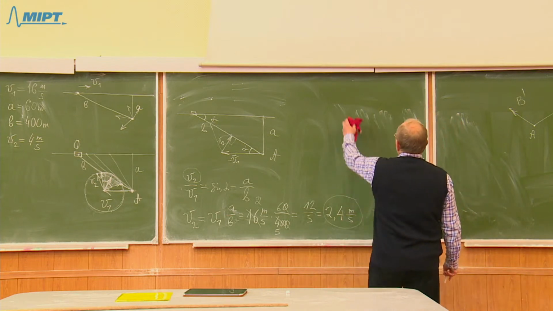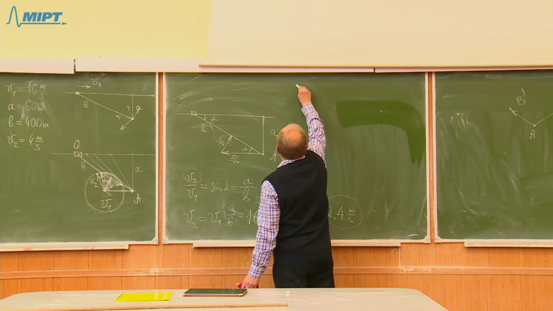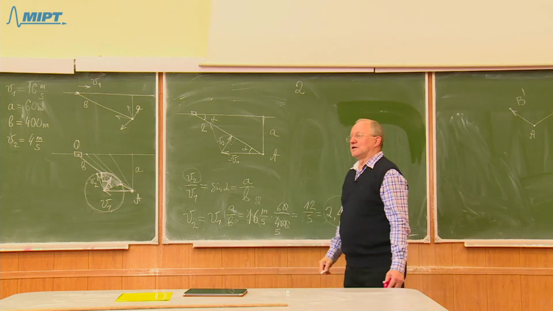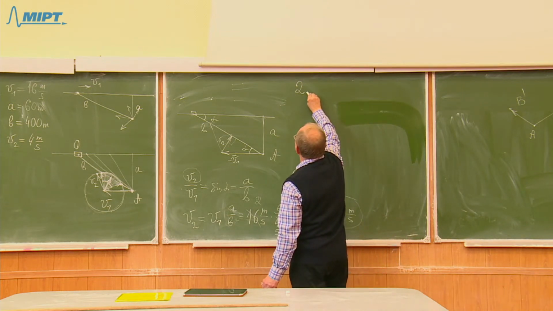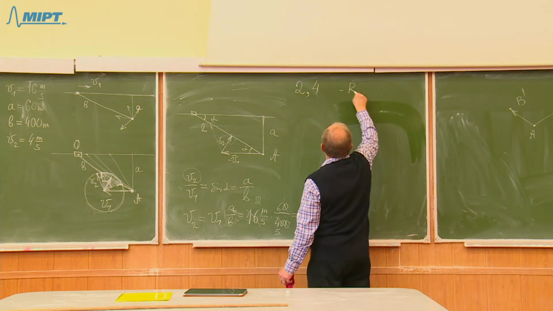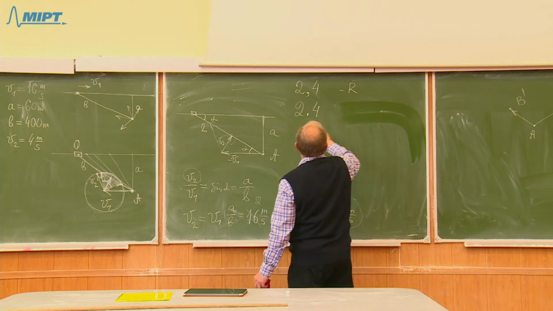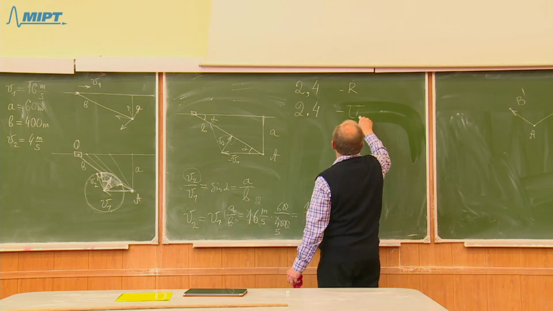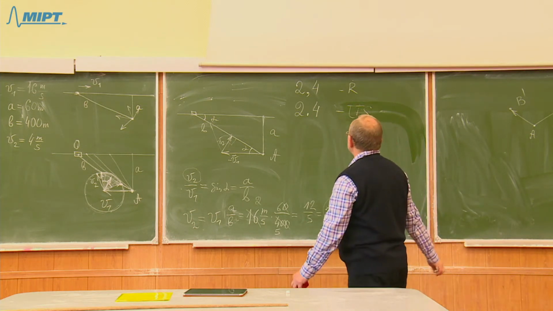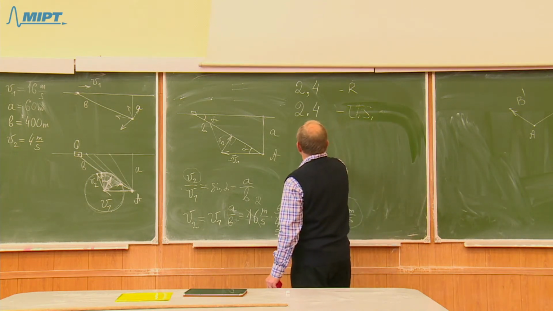Now a few words about the notations. In Russia, we are used to indicate a decimal point as a comma, 2,4. That is in Russia. In the United States, they will put it like 2.4. That is in US. In the United States, if you have a large number like